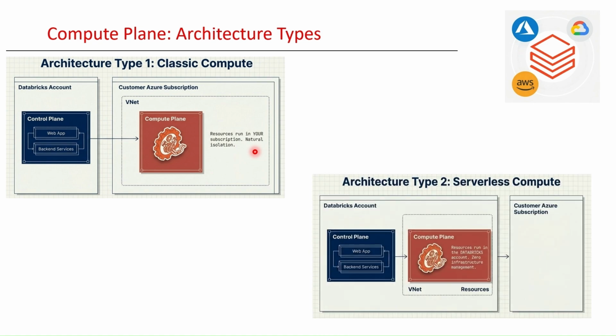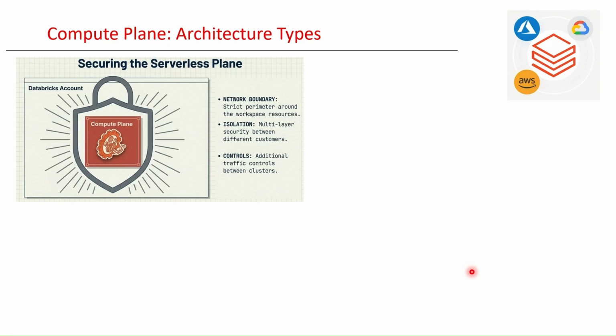The other architecture type is where your compute plane sits in your Databricks account. So the resources run in the Databricks account, with zero infrastructure management for you. You don't need to manage the infra. Databricks manages it for you, both scaling up and scaling down based on the demand. All right. And since in serverless the compute plane sits in your Databricks account,